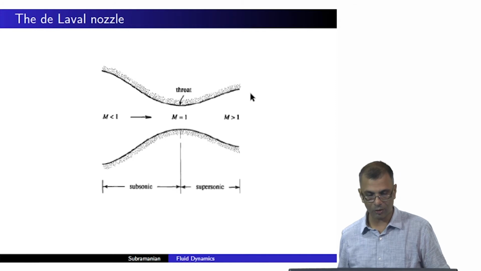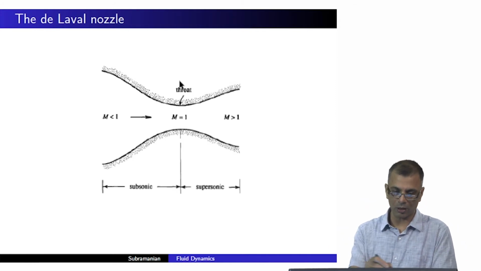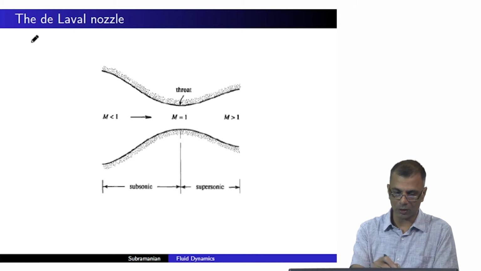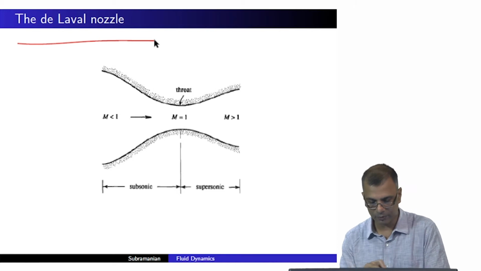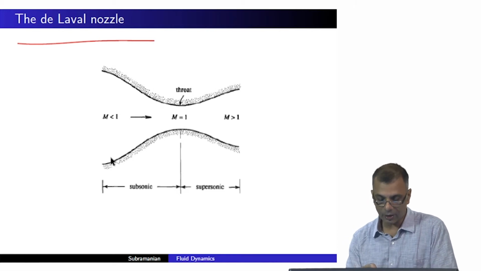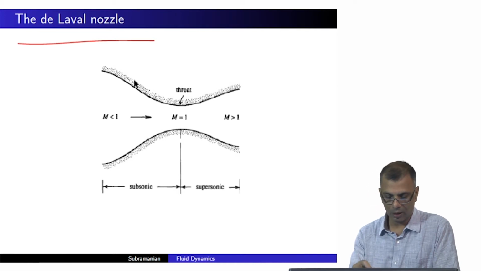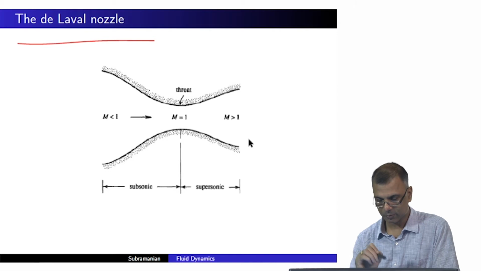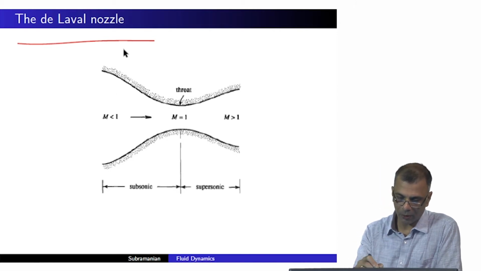And now let us go ahead. Finally, putting these two things together. This is what's normally called the de Laval nozzle. Okay, so what you have is a pipe whose cross-sectional area is decreasing until it reaches a throat, and then it increases. Okay, and so in this region up until here,